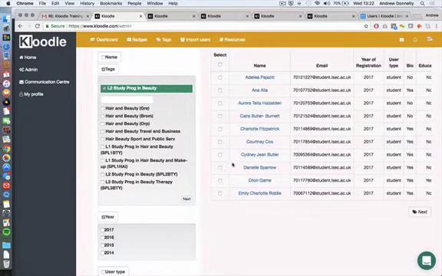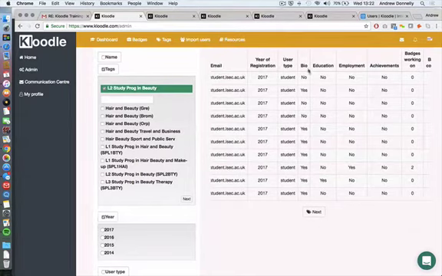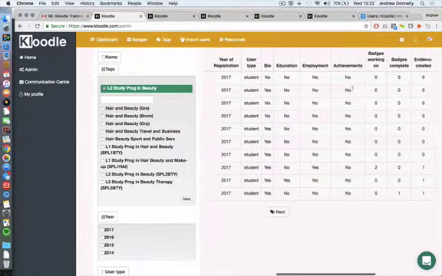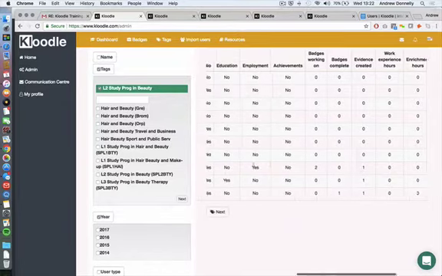So the students within that class would appear on the right hand side here, so we can quickly see whether those students have achieved their bio, whether they've uploaded any content. So some students have uploaded some evidence so far. There's been no work experience hours collated as of yet